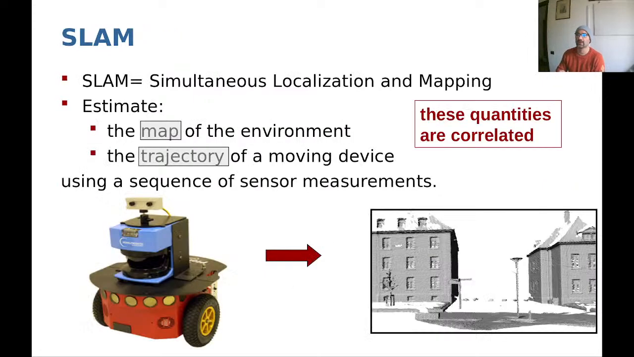to solve SLAM. SLAM stands, as I said, for simultaneous localization and mapping, and basically is the process of estimating concurrently the map of the robot and the trajectory of the robot in the map by processing the measurement in sequence. And this is what is typically done at least once by